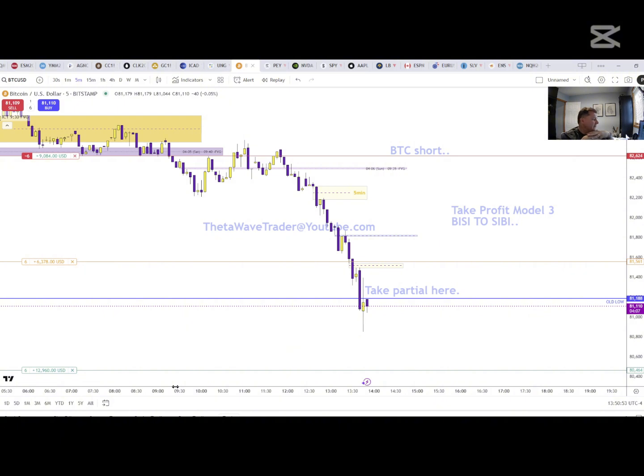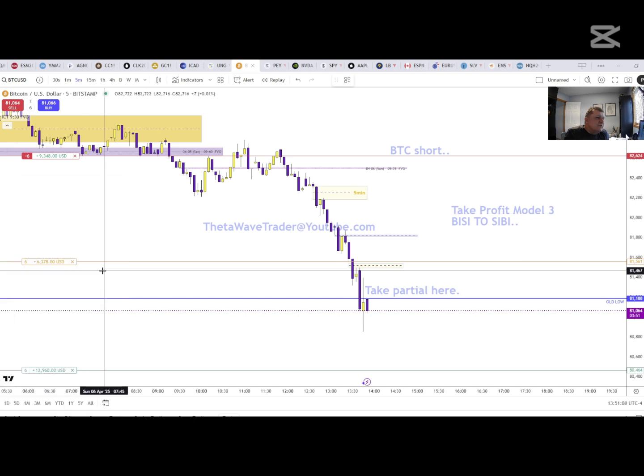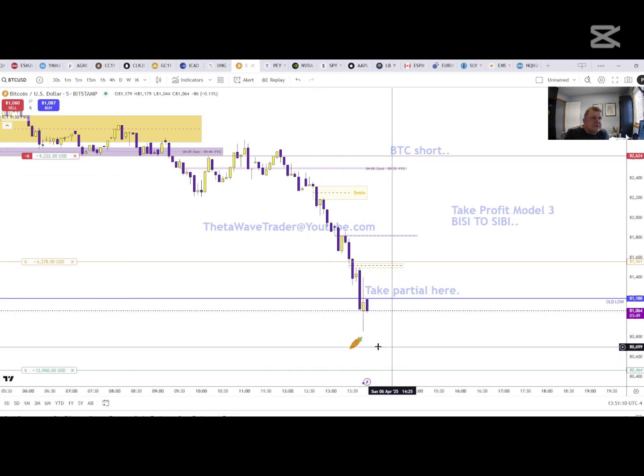I know I'm not live on YouTube doing this right now, but I'll add all my lipstick on this for a ThetaWaveTrader. I'll put all the carrot on there. We're just going to put the carrot. People say to me, why do you use a carrot? Well, let's look at the